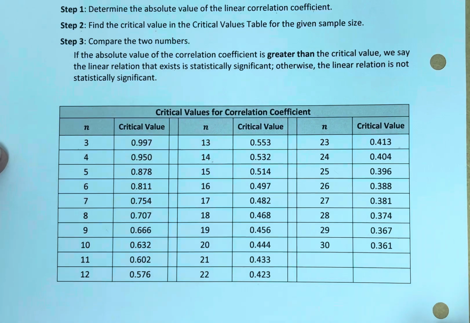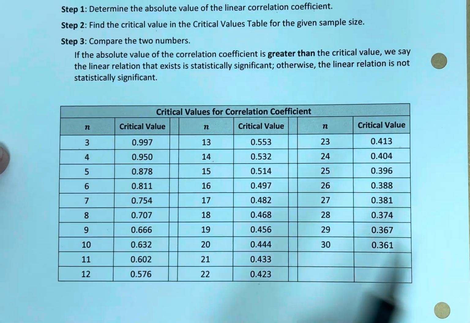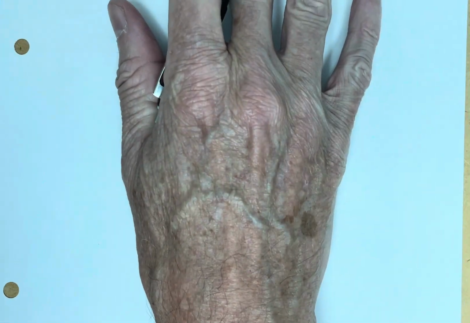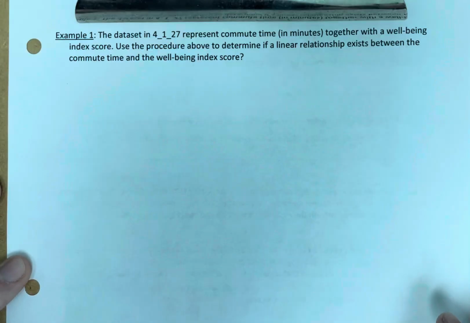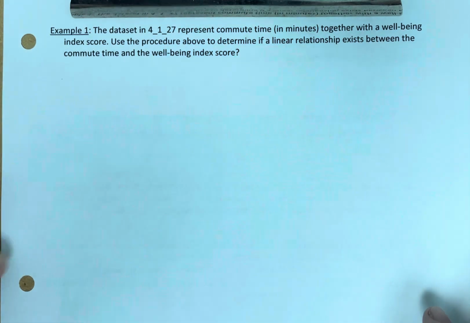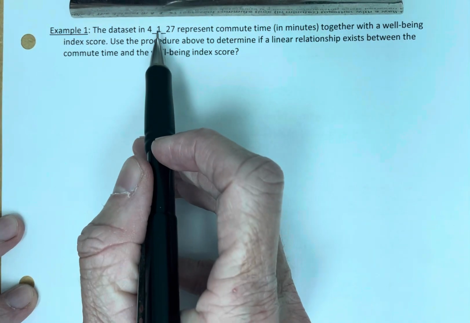So here is our critical values for correlation coefficient table. And let's do an example to see how this works. All right, we've worked with this example previously, but we'll do it again and review how to find this in StatCrunch. The data set in